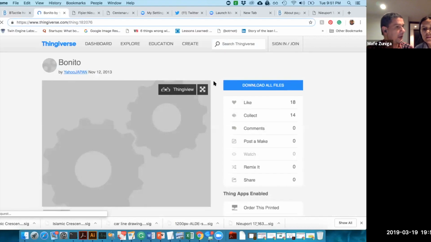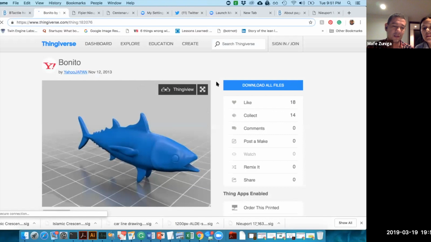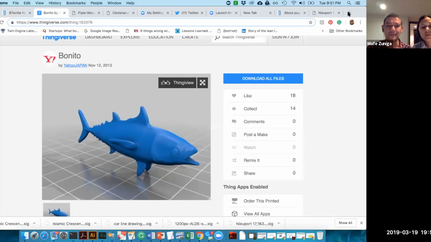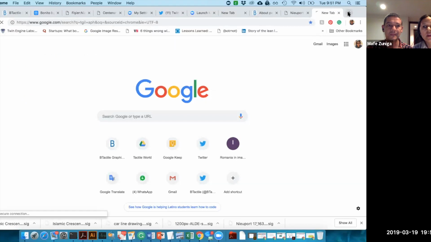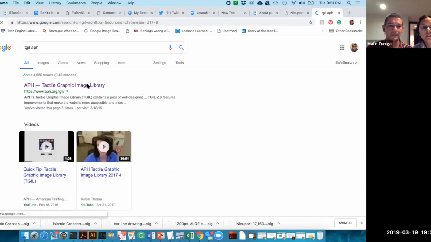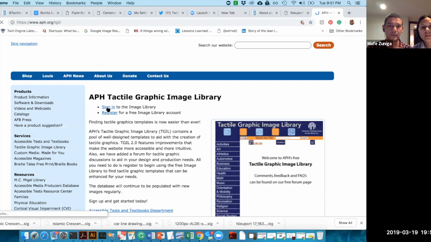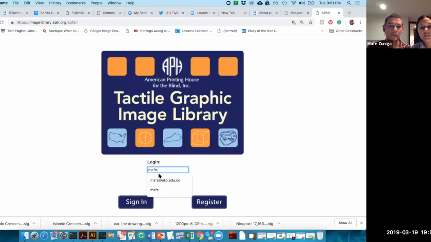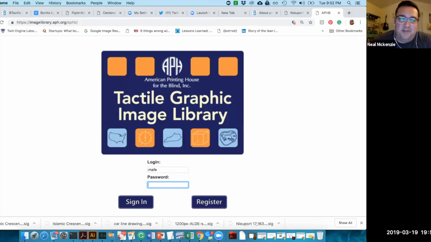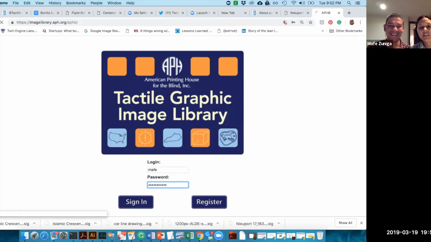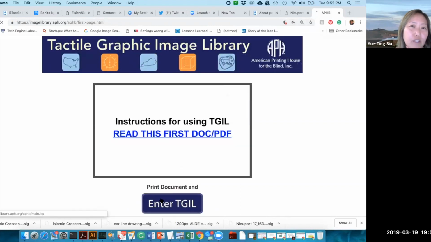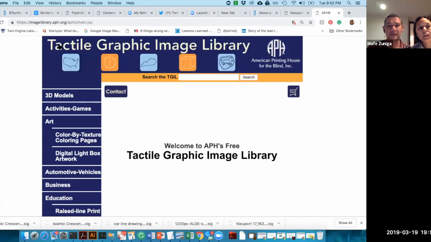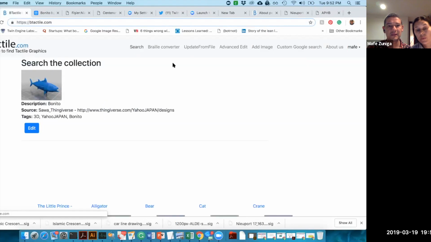For instance, for the APH library, you need to log in. So for example, you need to go to the library, and then here you need to sign in. Okay, everyone, write this down. So right now I'm signing into the APH Tactile Graphic Image Library. And when you log in, then you can search whatever you want in the Tactile